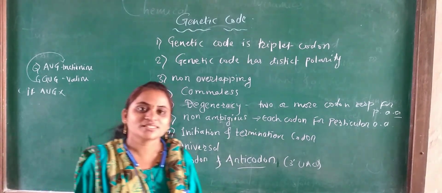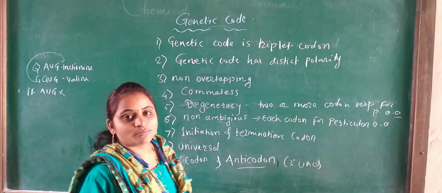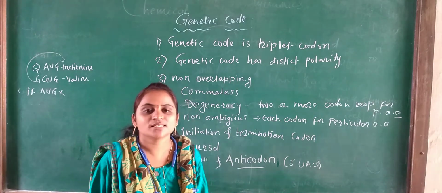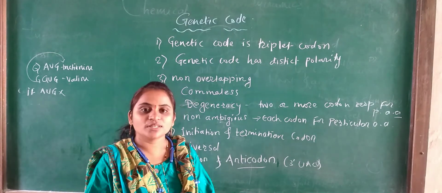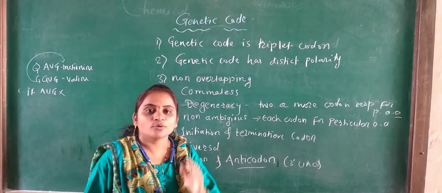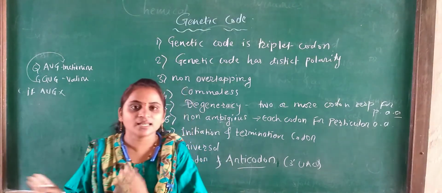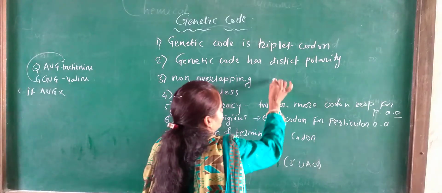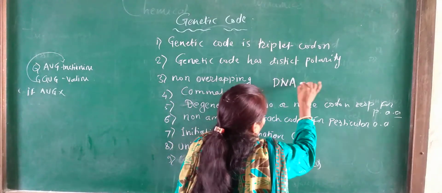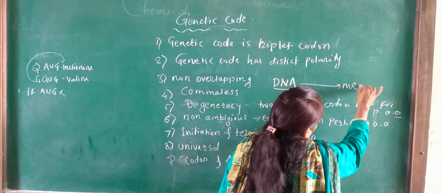Today we are going to discuss the next topic, that is the genetic code. Before that we already discussed the central dogma of protein synthesis. We know that protein synthesis is done by two different processes, that is transcription and translation. In that, from one template strand of DNA, mRNA is formed,